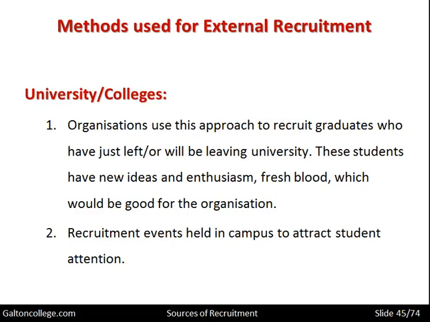Recruitment events are held on campus to attract student attention. In the UK it's commonplace to have employers visit universities and put on small exhibitions of the products they're making and the type of work they're offering, and there are good relationships between universities and colleges and employers, particularly in the UK, where